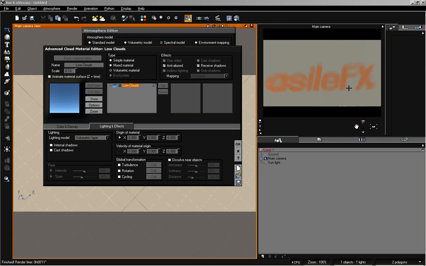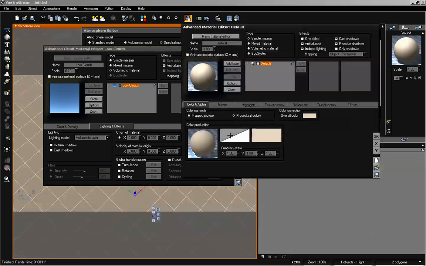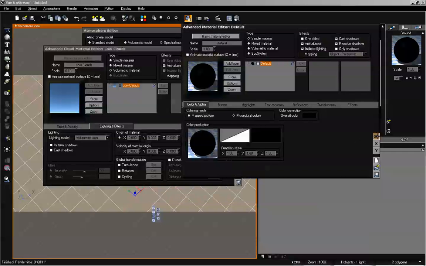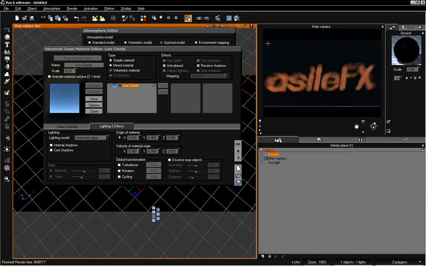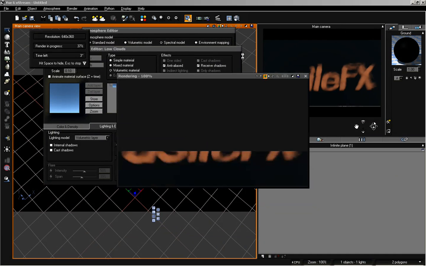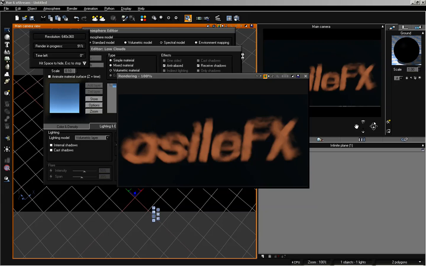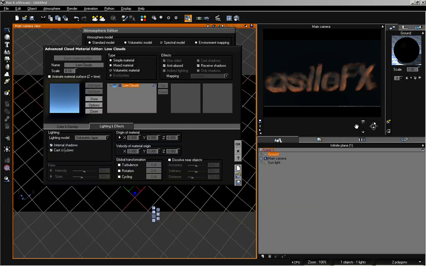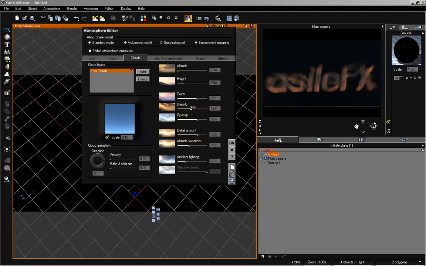And depending on the material that we have underneath, if we change our ground plane and just adjust the color of that to black, so we have a much better contrast, we can go ahead and render that, and see it's just a very flat overall shading of these clouds, but it still looks pretty neat, and we can do quite a bit with it. So let's go back and turn on internal shadows, and we really don't need cast shadows on at the moment. We can play around with our density settings, adjust the cover,